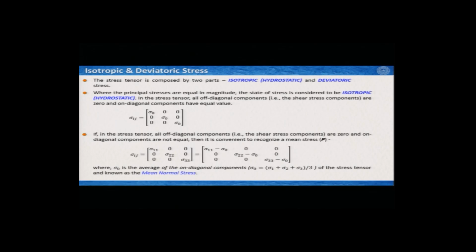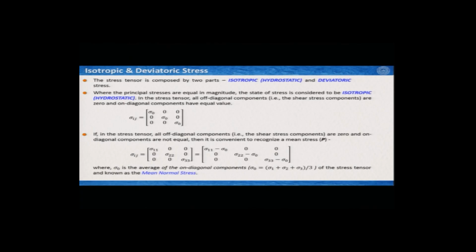In the stress tensor, if sigma 1 1, sigma 2 2, sigma 3 3 are all equal, then I can replace them with a single value, in this case sigma 0. All other components are 0, you have only 3 principal stresses